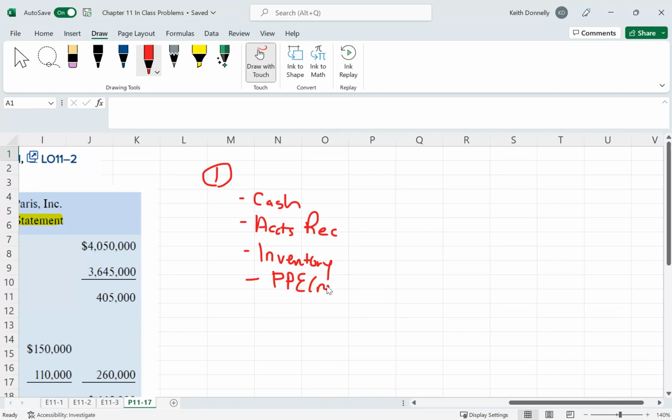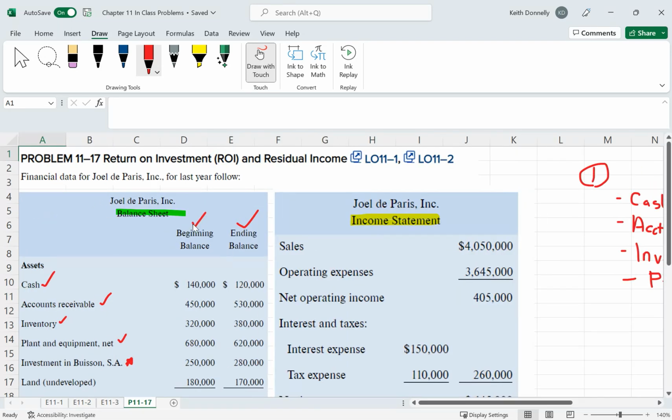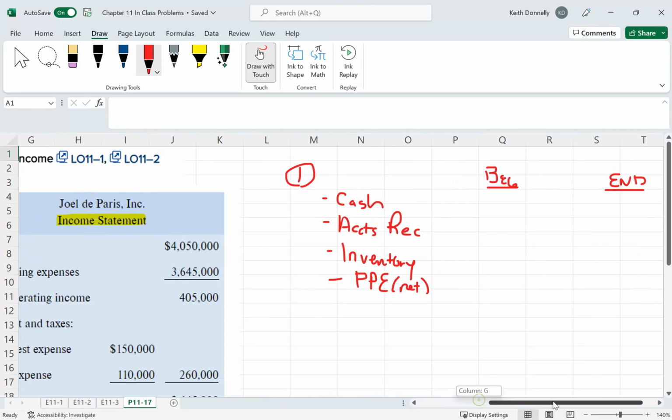That's going to be net of accumulated depreciation. And essentially with this, we'll have our beginning balances and we'll have our ending balances. So our beginning and our ending, we'll just enter those numbers in across the board here,